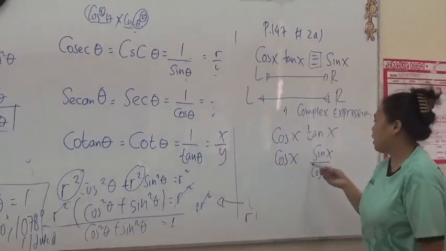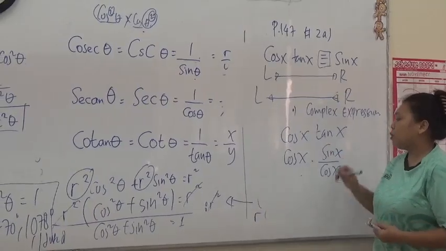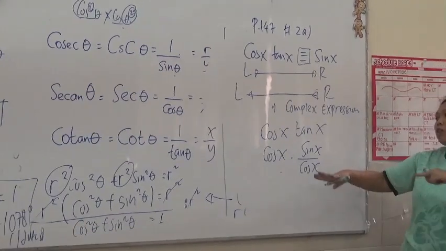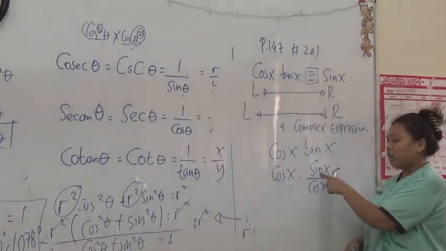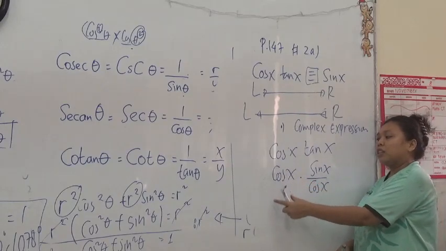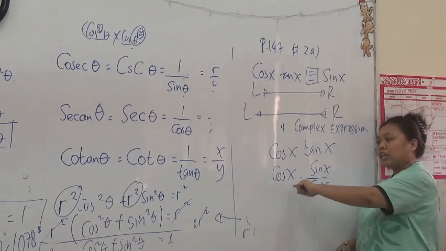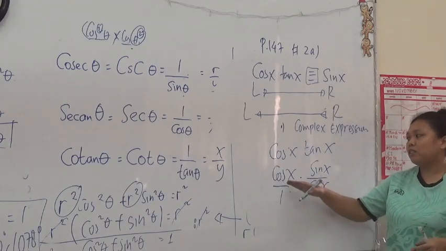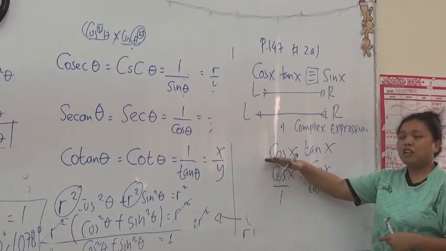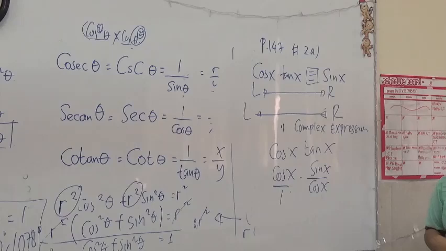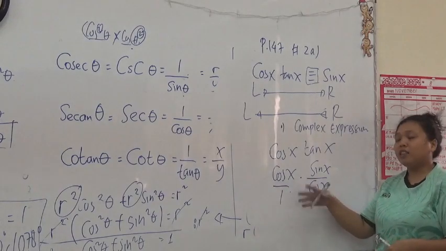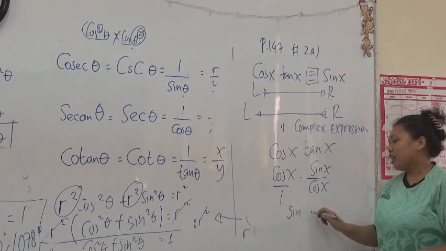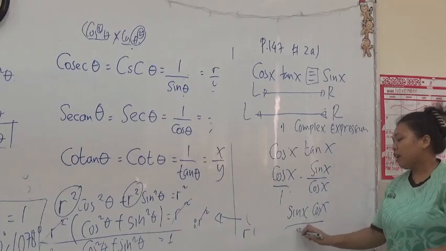This is a fraction, sine x over cos x, and then you multiply them together. When you multiply fractions, you do it proportionally: numerator with numerator, divided by denominator with denominator. You have numerator sine x and denominator cos x in the second fraction, but there is an issue at the first fraction. There is nothing under it, so you can add an extra over 1, because cos x divided by 1 is just itself, cos x. Now multiplying, cos multiplied by sin x is just sin x cos x divided by cos x.